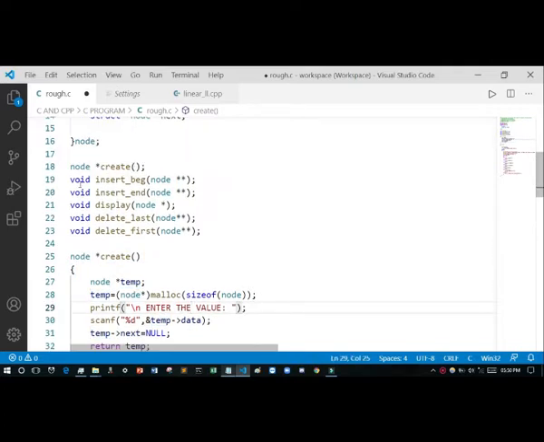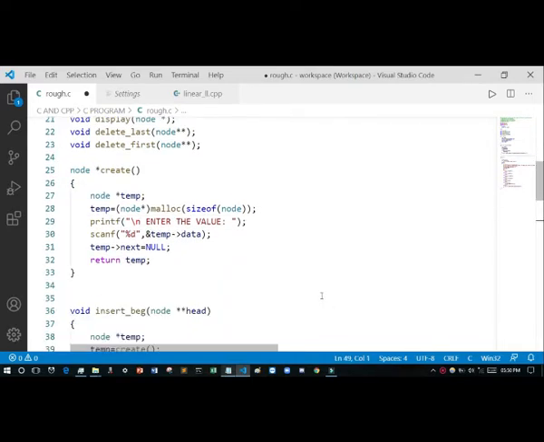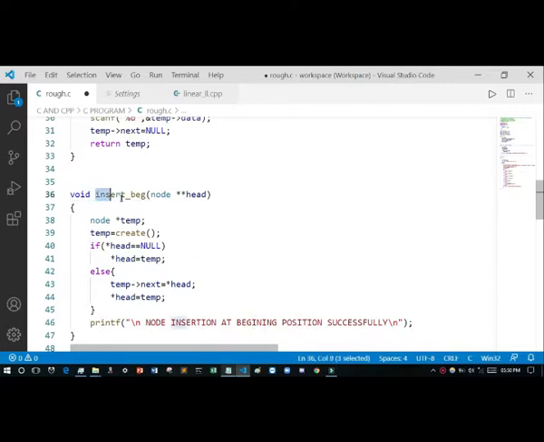So now I want to create this insert function, void insert. See, I have used a double pointer. Why? I have already said that a single pointer holds the address of some data type, but where a double pointer is used, we pass the address of another pointer. So one is also a pointer, but when a double pointer is used, it will point to another pointer's address. Okay.